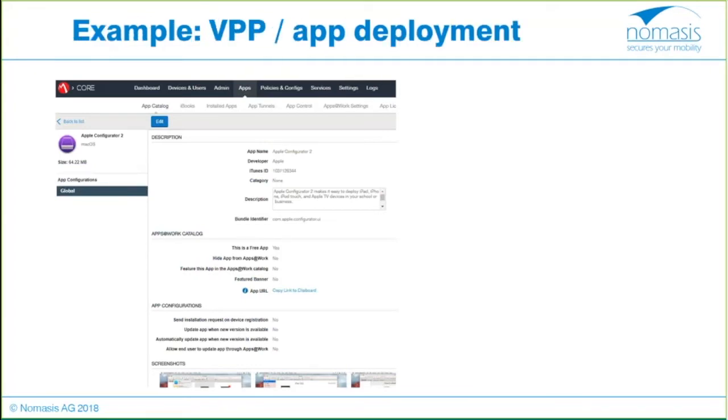So just give an example. Here I use the Apple Configurator because I'm using that application quite often to prepare iOS devices, and I wanted my Apple Configurator to be installed automatically. So you see on the left, you've got the macOS. It's just the application which is made for macOS. It will be installed with VPP. So we are able to use the Mobile Iron standard label assignment, straightforward. All of you know it for Android, for iOS. It's the same for macOS.